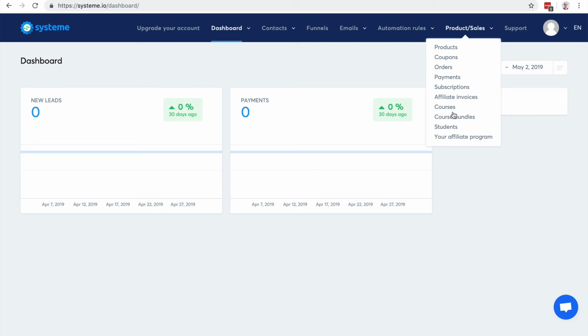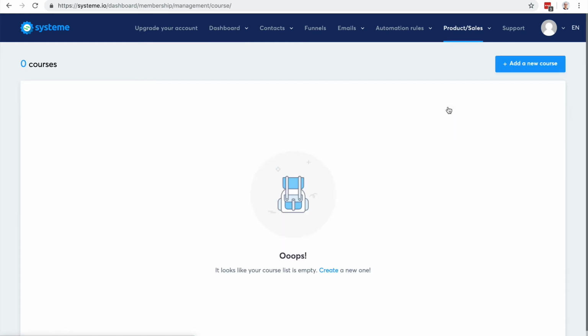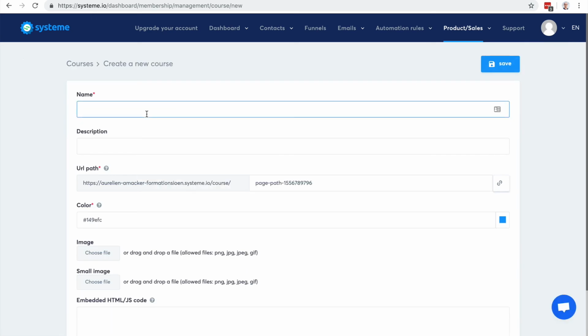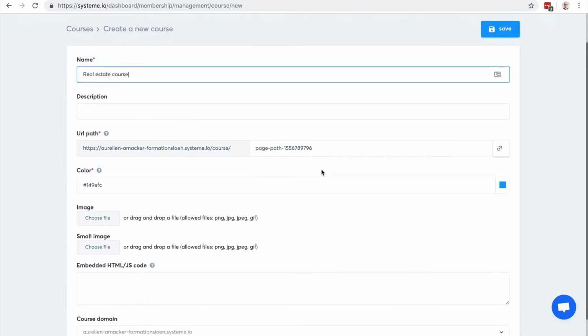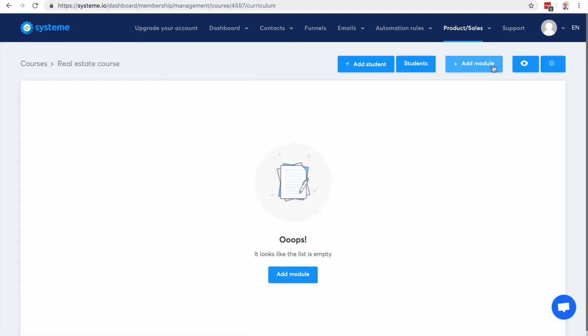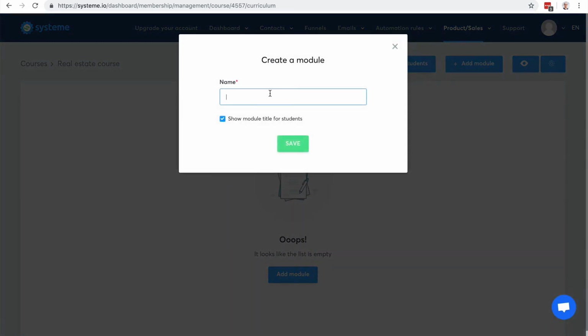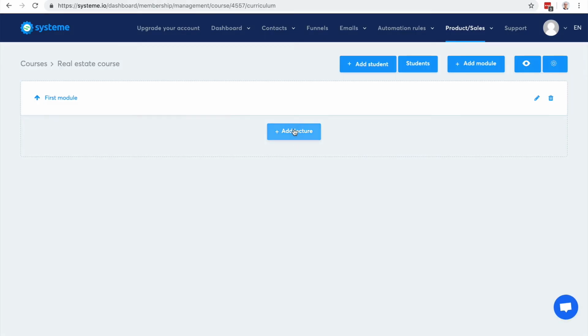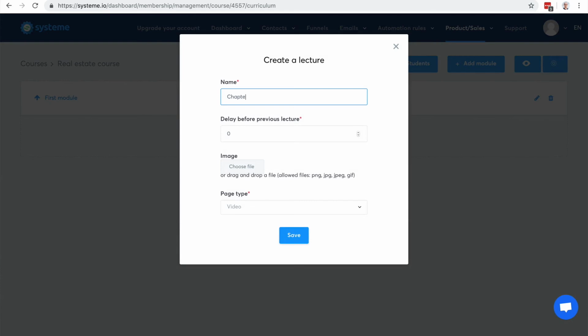So you just have to go to product sales and then courses. Here it's empty because we haven't created any course yet. So I'm going to click on add a new course. It can be, I don't know, a real estate course. You have a few options that you can leave as is by default. Here it's empty because that's actually the curriculum of my course. So I'm going to click on add module. That's going to be the first module. And then I'm going to add some lectures. So let's say it's going to be like chapter 1,